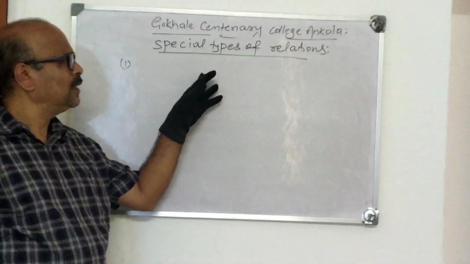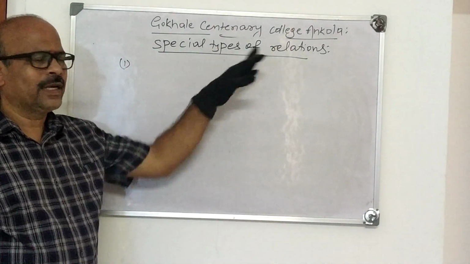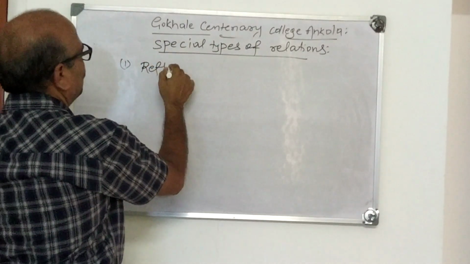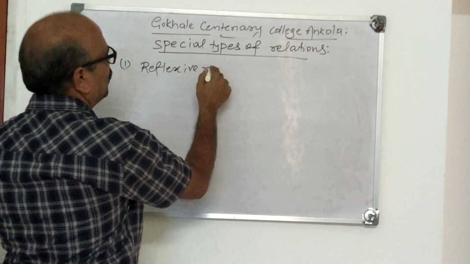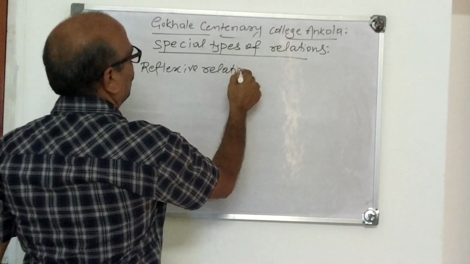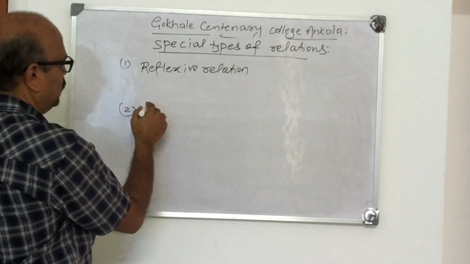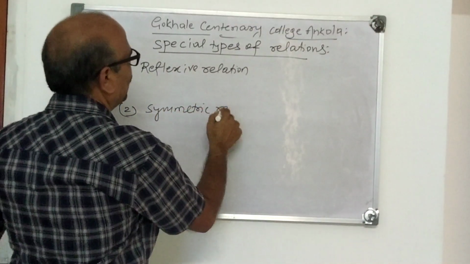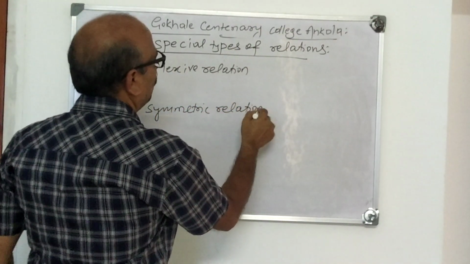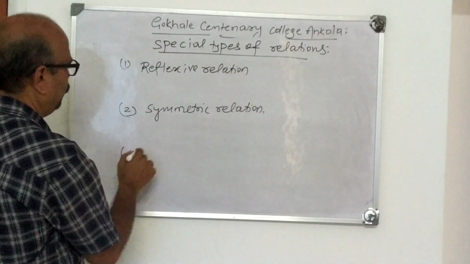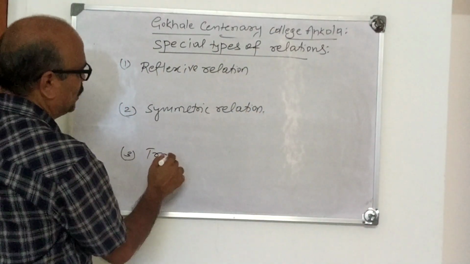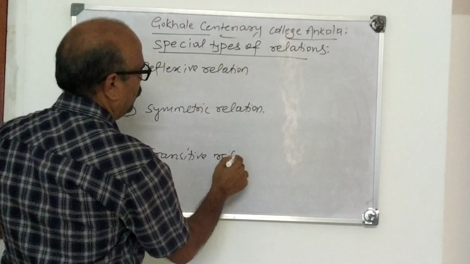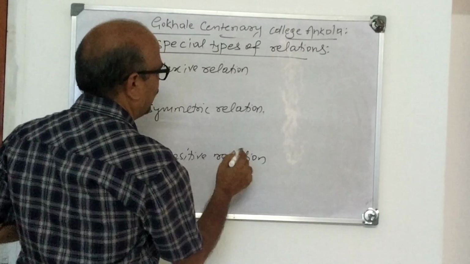A relation in a set is a subset of A cross A. Now the first one among the types of relation is the reflexive relation. Second, symmetric relation. Third one, transitive relation. There are mainly